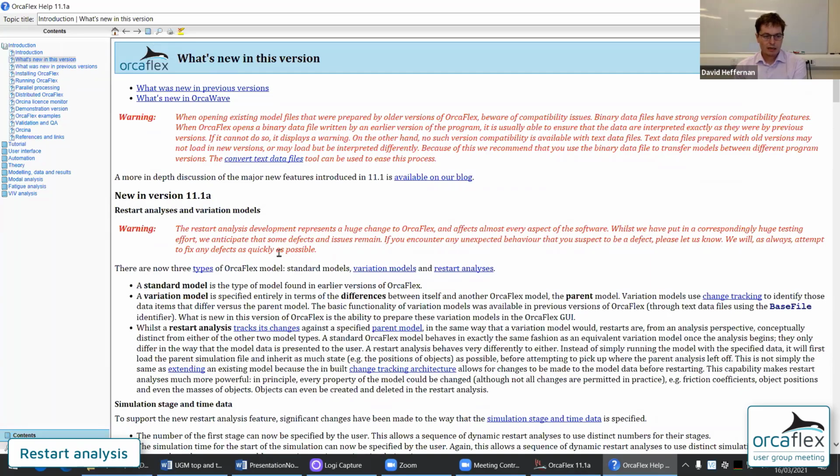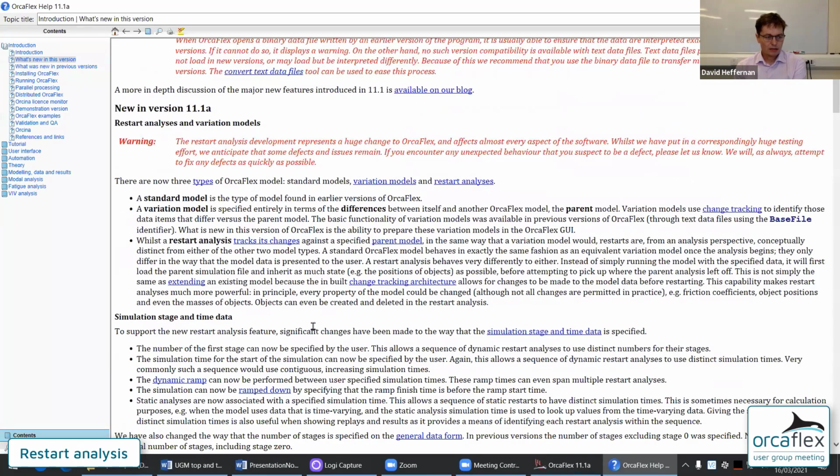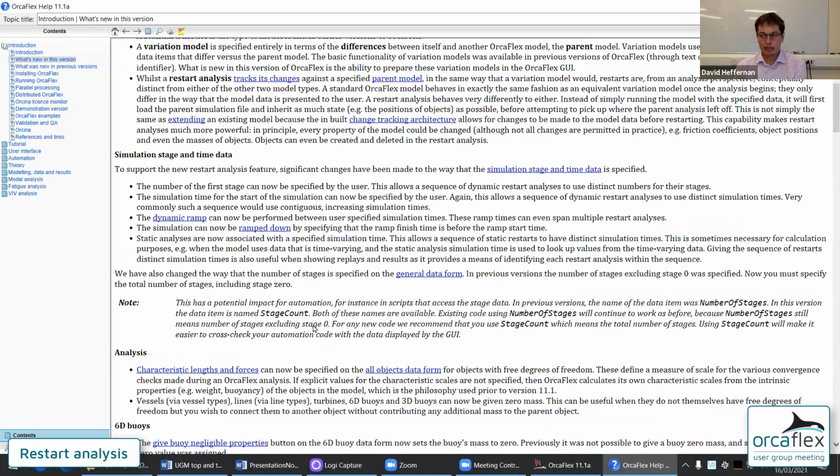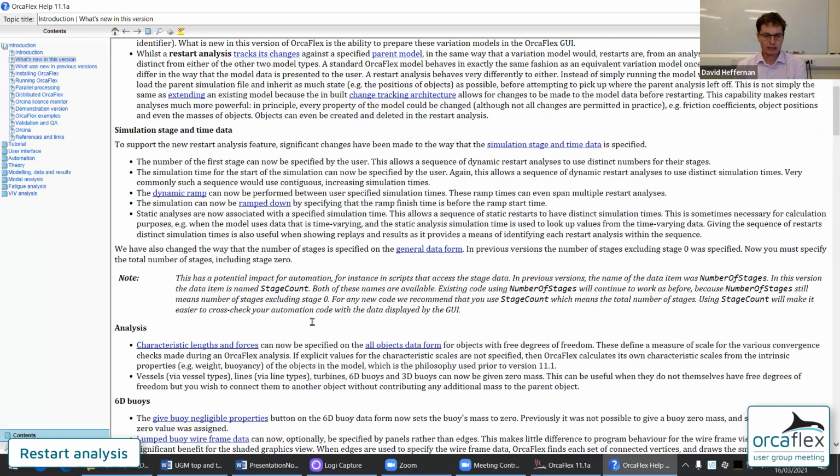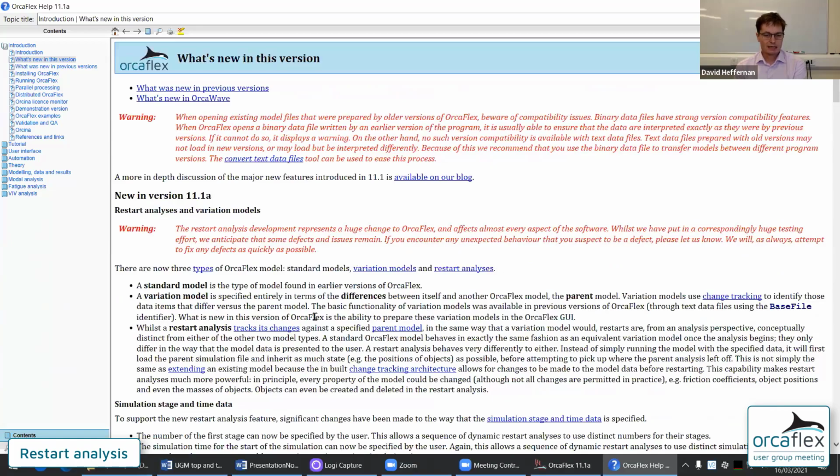There's a long list of all the new features and hyperlinks into the main part of the documentation, telling you all the gory details. By necessity, in a 1-hour presentation, I can only give highlights and a high-level overview of what's going on. If you want to know all the details, come to the documentation.